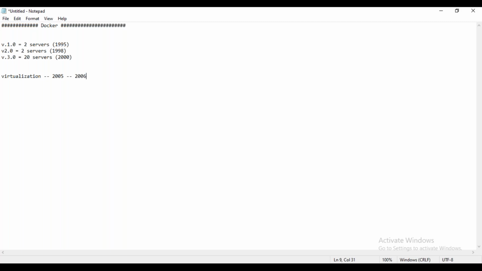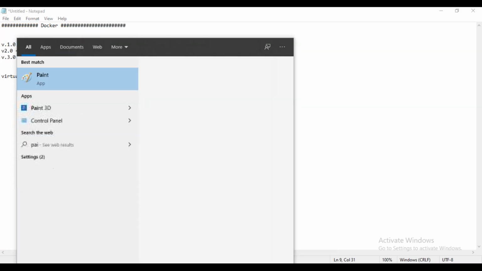So here I don't need to buy 20 servers. I can buy only 5 servers, and inside those 5 servers, I can run everything. And the advantage is, before virtualization, we might not be using the full resources of our physical servers. Maybe one server might be using 60% of the CPU and 40% of the RAM, and another machine might be using 40% of CPU and less than 30 to 40% of RAM. So a lot of resources were being wasted. But once virtualization came into the picture, we were able to utilize them efficiently.